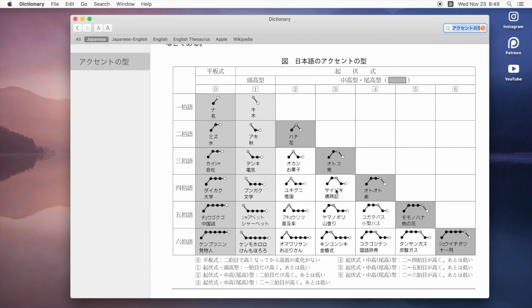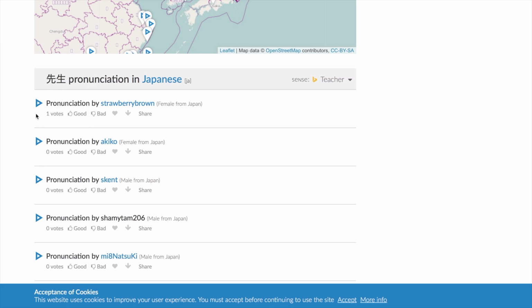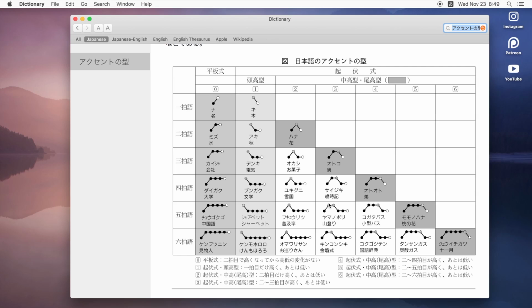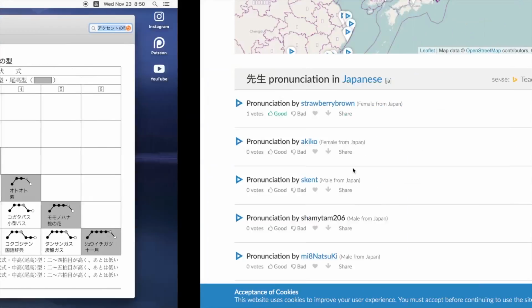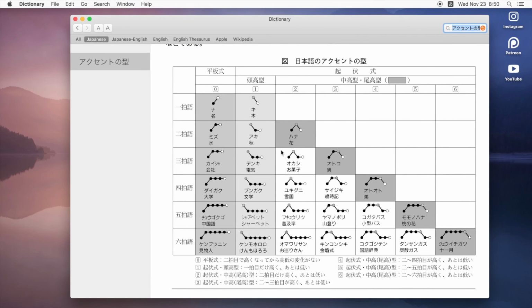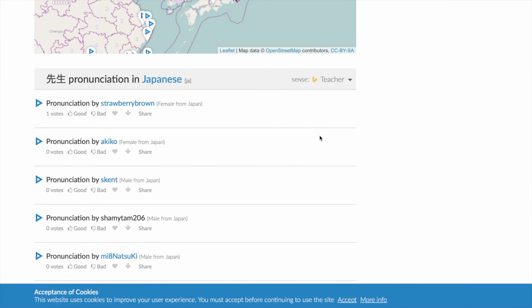So what we do is we look at this, and then we go back to this resource, and we play it. Sensei. We use this audio and this waveform rather than the text that is here. And this is arbitrary. This could be any word that has the downstep on the third mora and four mora. But we use these resources in conjunction to develop our Japanese phonetic abilities. We want to get kind of the visual and audio representation at the same time. And it's typically what I've found, it's the synergy of having the graph available to look at and also hear the audio at the same time.